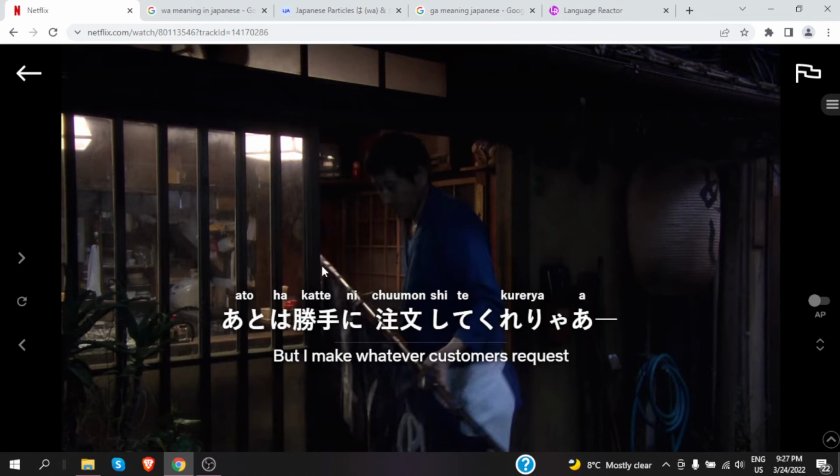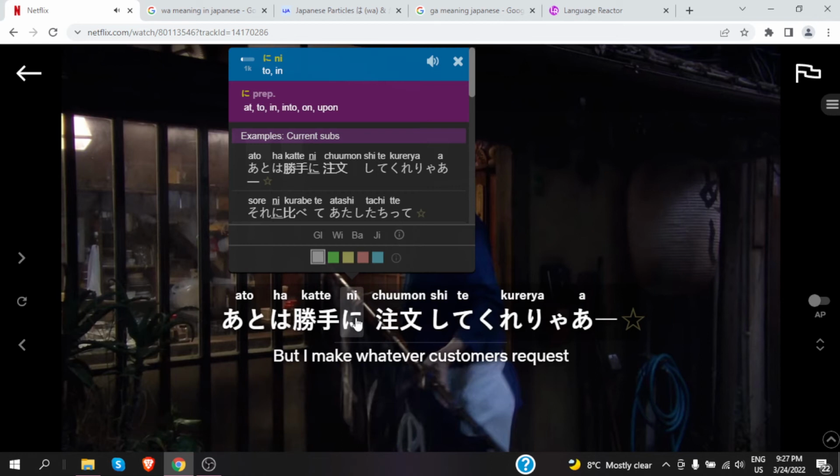Order. Okay. Kate is, I suppose, what the person wants. Kate, their own convenience. Kate ni に, to or in. I suppose it's what they want to order. Their convenience to order. して